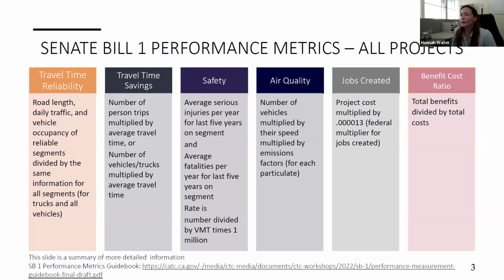Generally, any benefit cost ratio over 1 is basically saying that there are more monetary benefits for doing the project than there are costs of the project. In other words, the project is worthwhile. So if you see a benefit cost ratio less than 1, it's questionable whether that project is worth it from an economic perspective. If you see a benefit cost ratio greater than 1, then that means there's a monetary benefit for doing that project. That's the benefit cost ratio.